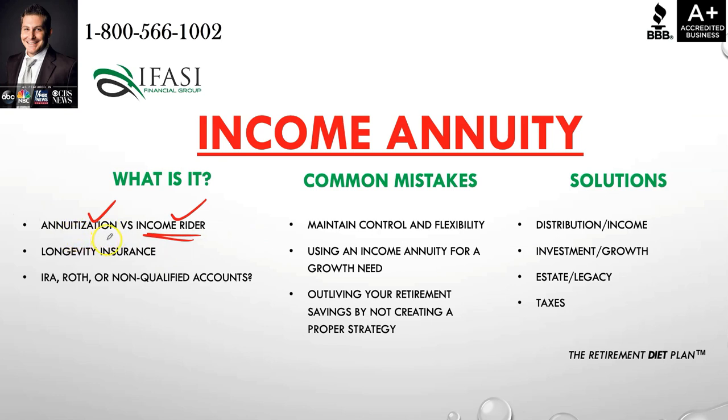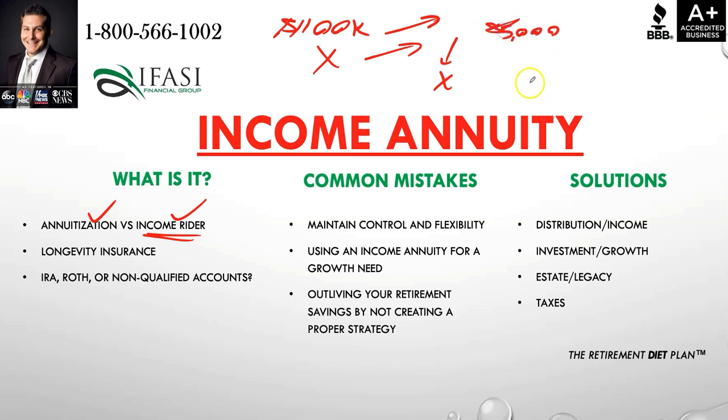What's the main difference between these? I'm going to use some hypothetical examples. Annuitization is what used to upset people, because they would ultimately be giving X amount of dollars to an insurance company, and the insurance company would calculate, based upon the actuarial data of that individual, how much income stream they'd give back that you can never outlive. As an example, let's say somebody has $100,000 and gave that to an insurance company through annuitization, and the annuity company said, okay, we're going to pay you back $5,000 every single year until the day you pass away.